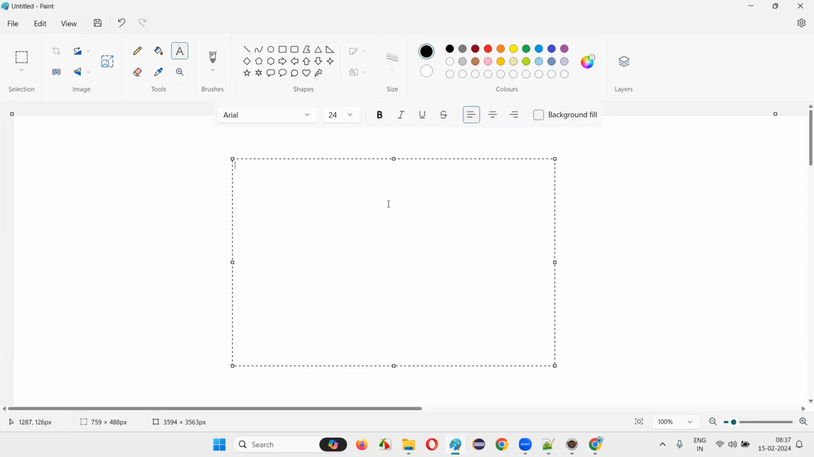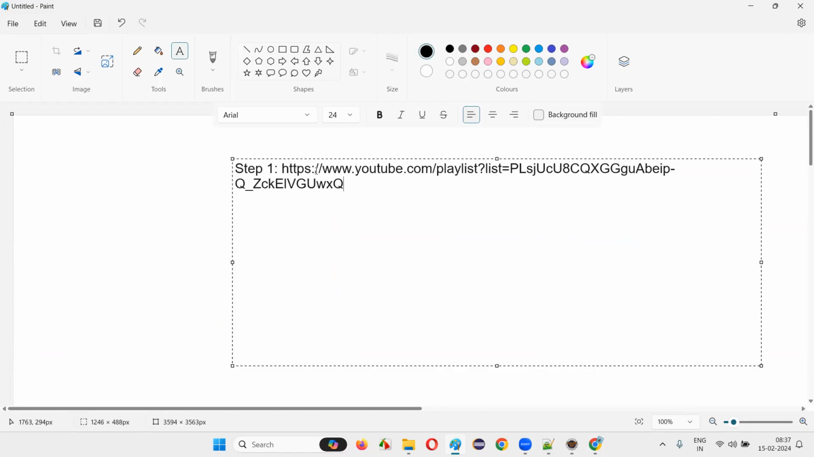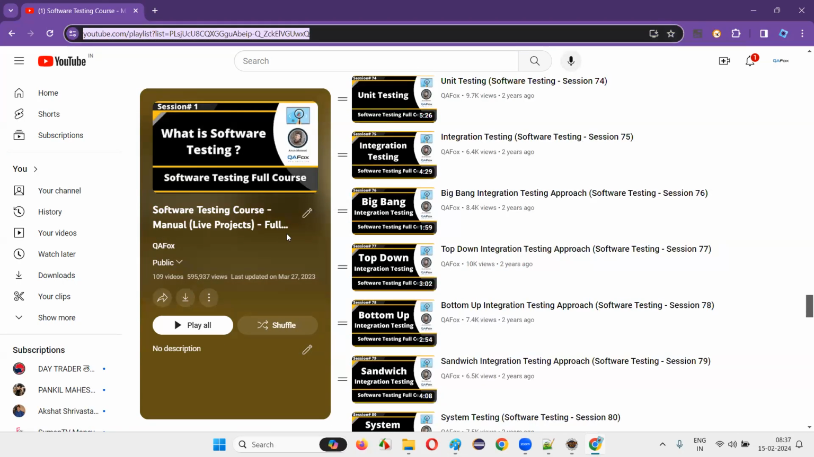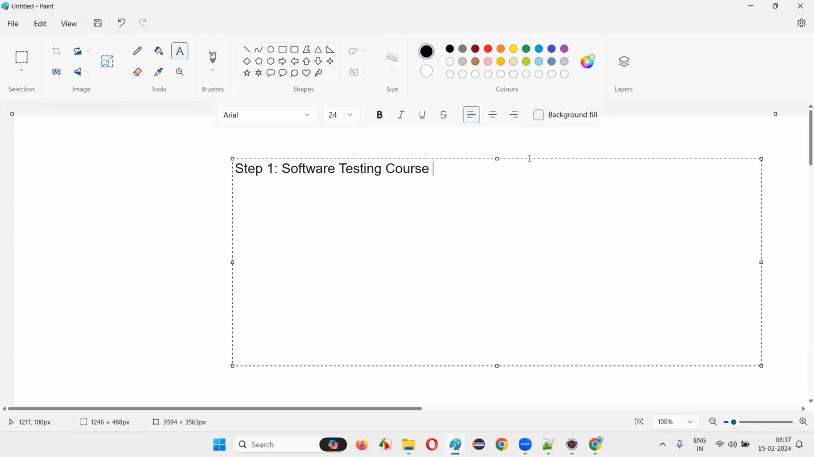Step one, I suggest you go with this software testing manual live project. I mentioned the software testing course, manual, live project. This is the first step you have to complete. Then step two, you have to go for